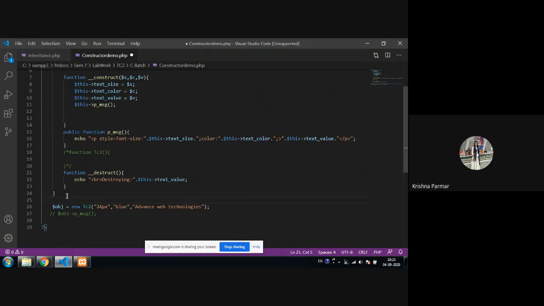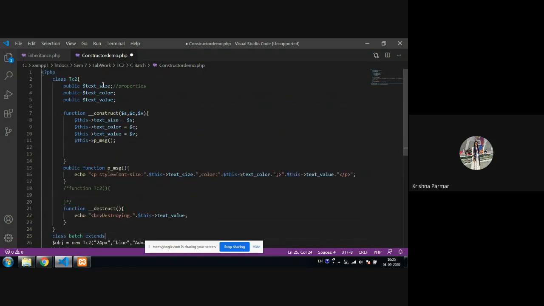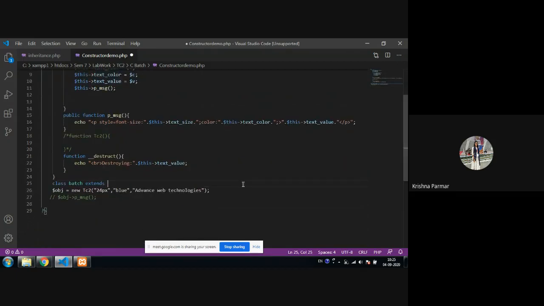Okay, so I'm creating the child class like class batch extends, and my parent class name is TC2. Now, like I already told you in inheritance, the child class has its own property also.